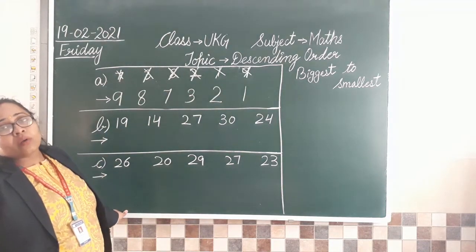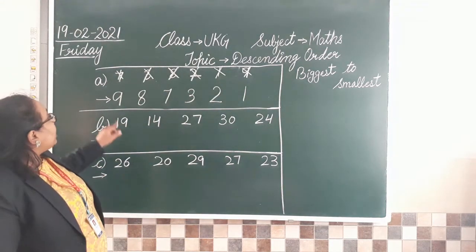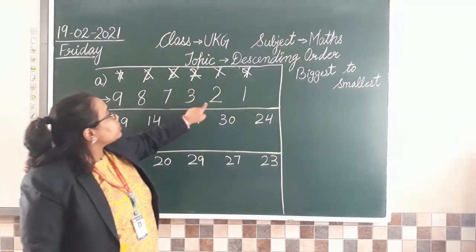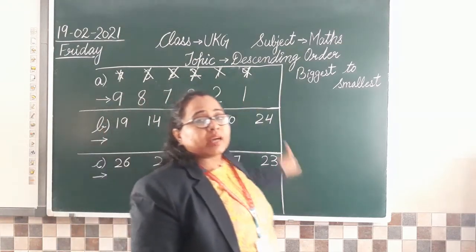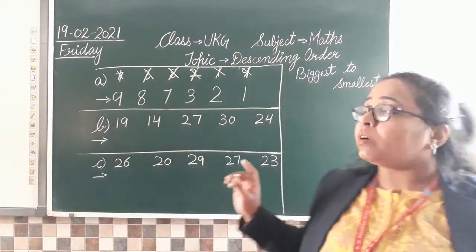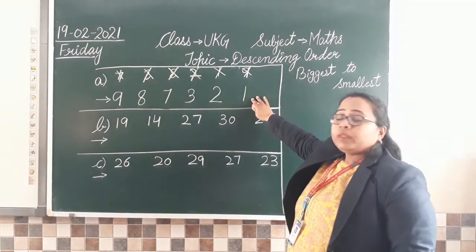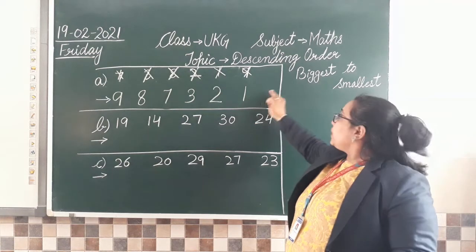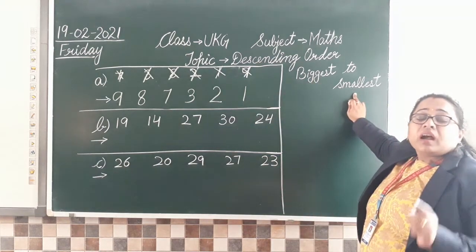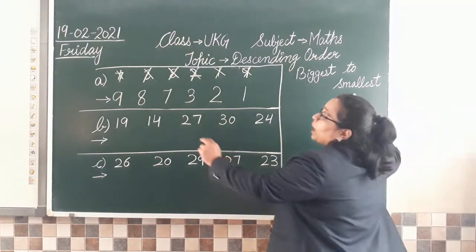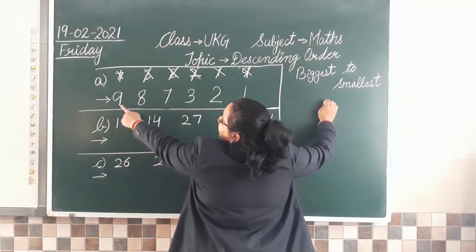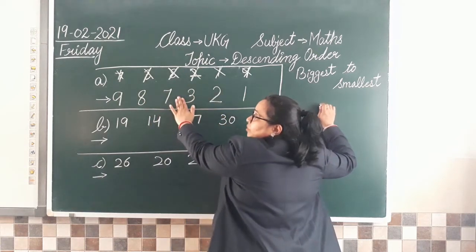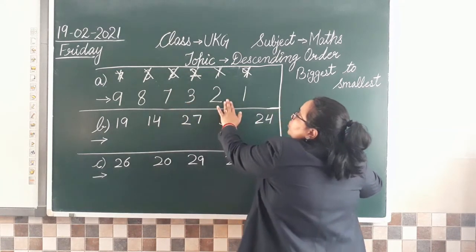Clear? So we are going to do it like this. Now let's check. 9, 8, 7, 3, 2, 1. अब आप इसको ध्यान से देखेंगे. If you will observe the numbers which I have written here, first thing they are written in descending order. That means biggest to smallest. Otherwise we देखेंगे it is like a backward counting. 9, 8, 7. अब 6, 5 और 4 ऊपर नहीं था तो we haven't written. Then we have 3, 2, 1.